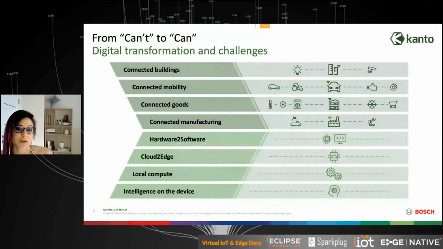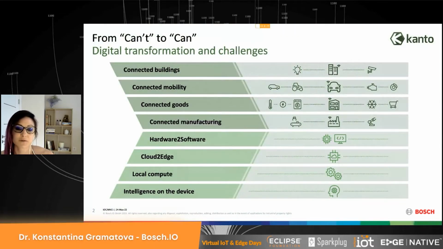To start with something that's very familiar, and maybe if you have seen our other presentations, you have seen this slide as well. But this is just a starting point to see where we are today. The digital transformation is hard, and there are a lot of challenges posed to each of the domains that you see all around the devices.